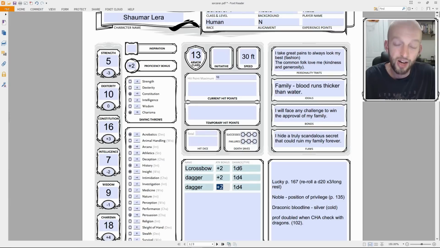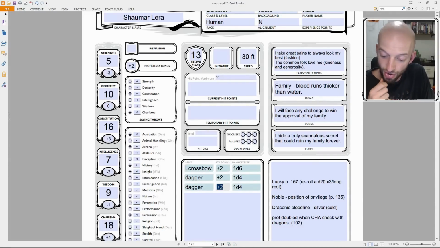1d4. Now I'm thinking that my daggers will be used for two-hand attacking, so I'm going to look up those rules real quick in chapter 9 under the making an attack section here. We have two-weapon fighting. When you take the attack action and attack with a light melee weapon that you're holding in one hand, you can use a bonus action to attack with a different light melee weapon that you're holding in the other hand. You don't add your ability modifier to the damage of the bonus attack unless the modifier